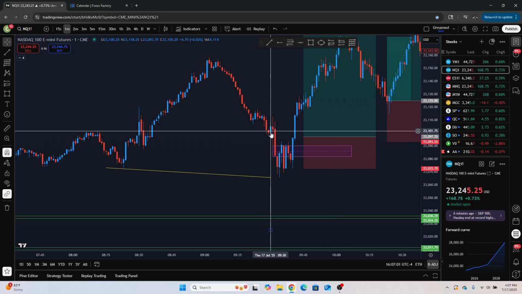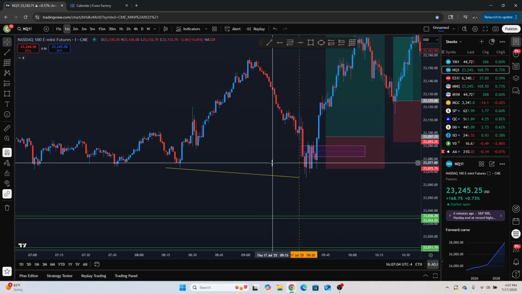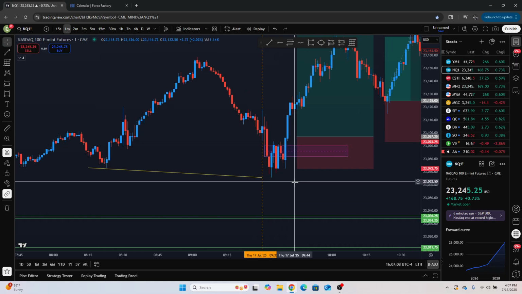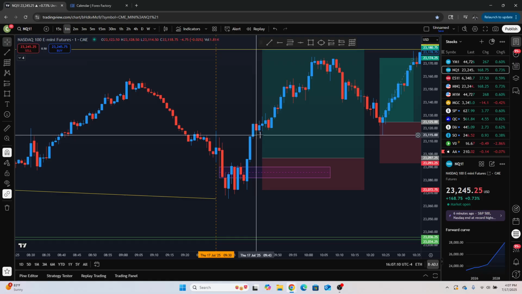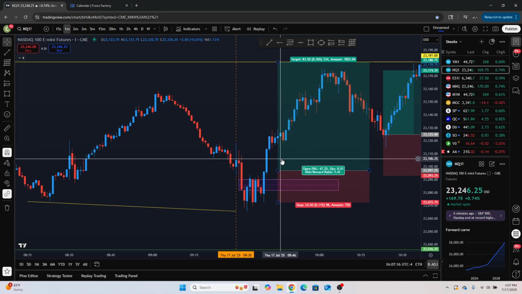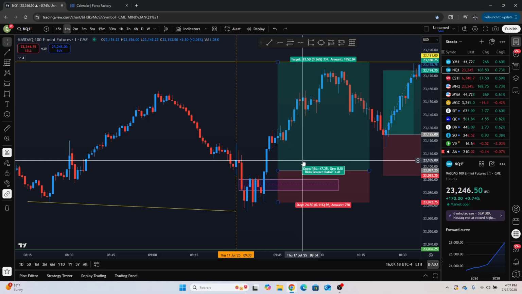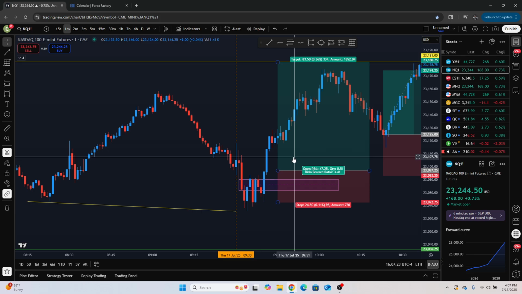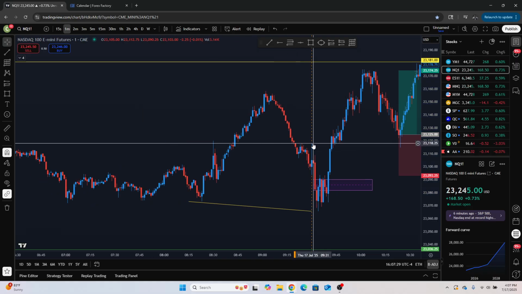Okay, so market opens right here, we trade up, we trade down, and get a sweep of this clean liquidity right here. We have a fair value gap. We inverse that fair value gap. So once this happened, I was looking for trades within this imbalance right here. So I just had this marked out. It never did come back down into this level, so I never took this trade. We can get rid of that.